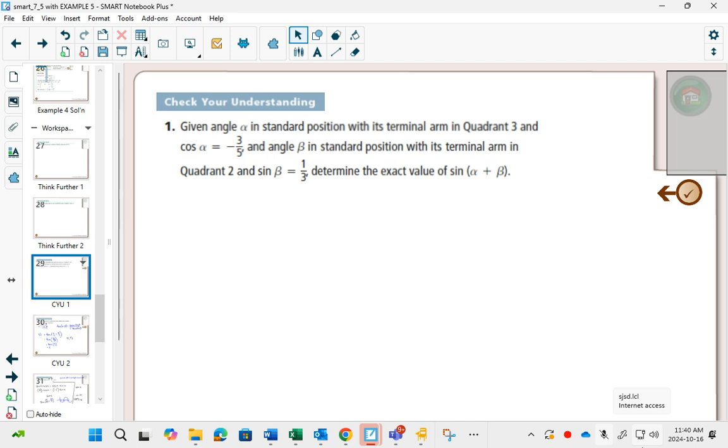Now, of all the questions that you would do in grade 12 pre-calculus in grade 11, this one I think is one of the scariest looking. But it's actually a really easy question if you recognize what kind of question it is. I give this one a name. I call this a double triangle question,